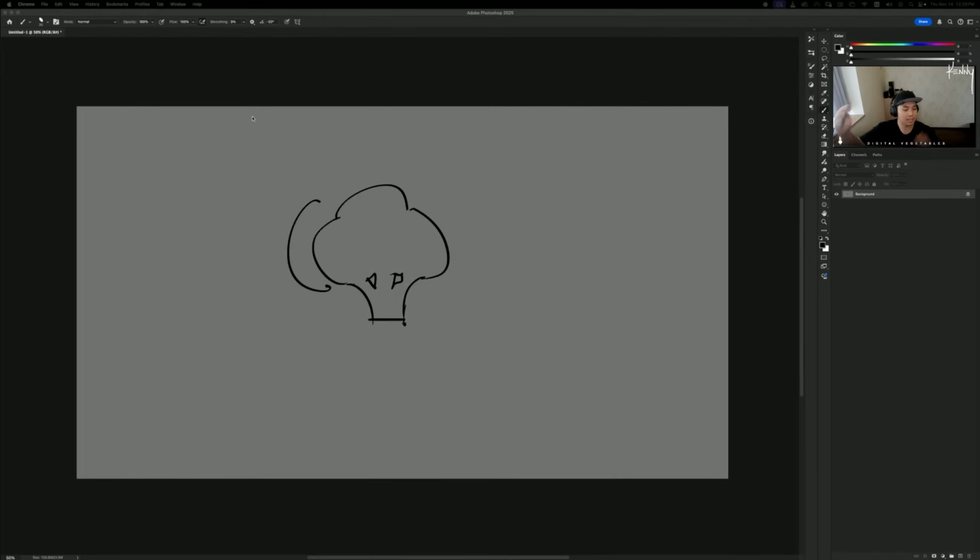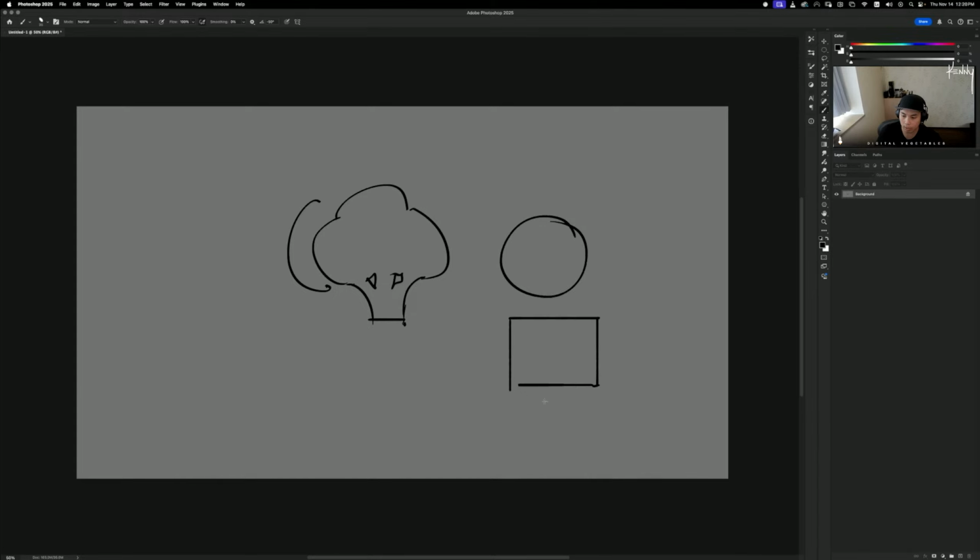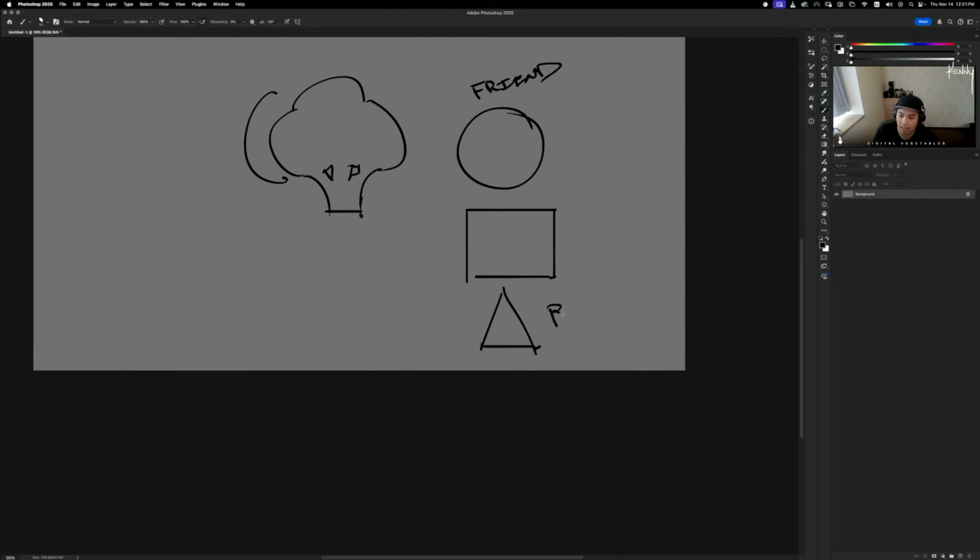Then you start diving deeper and deeper, and you eventually learn how to design in a more abstract way. You're always starting off with simple direct shapes, circle, square, triangle, because that's how we start. But as you go, you start understanding round could mean friendly, a friend. This could be a bad guy, just because it's sharp, angular, pointy. And then you start thinking, well, what if I derived, if these are the same,